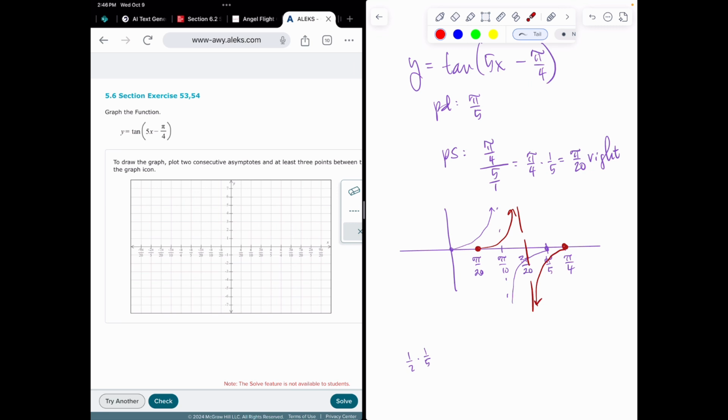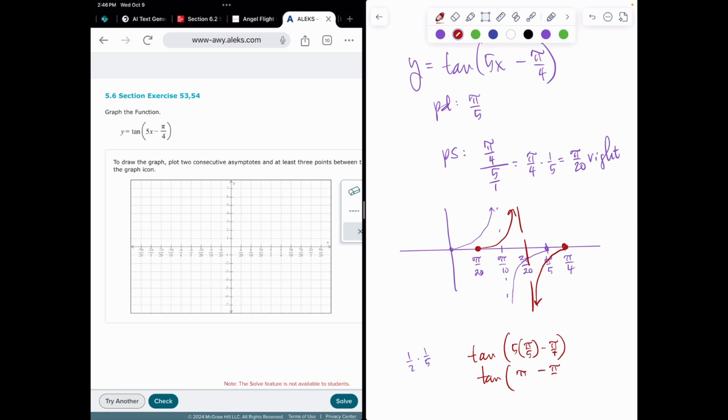All right, so with that said then, let's go ahead and do this. Eeny, meeny, miny, mo, I'm going to choose pi over 5 because when I choose pi over 5 to go in here, my 5s are going to cancel and that's going to turn out really nicely. All right, so if we have tangent of 5 times pi over 5 minus pi over 4, so this is going to be tangent of pi